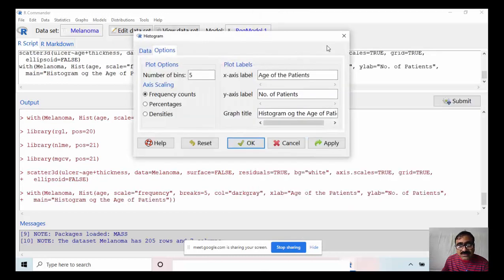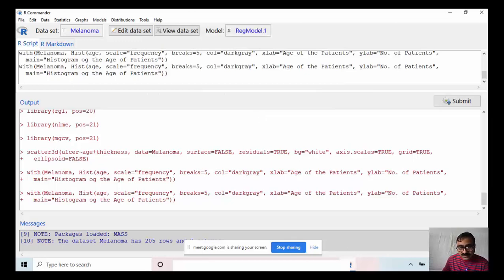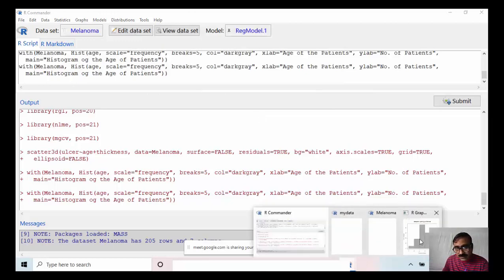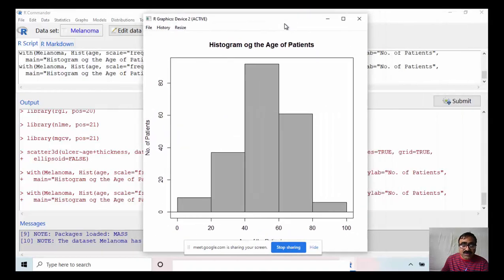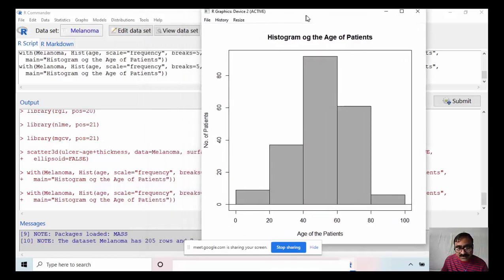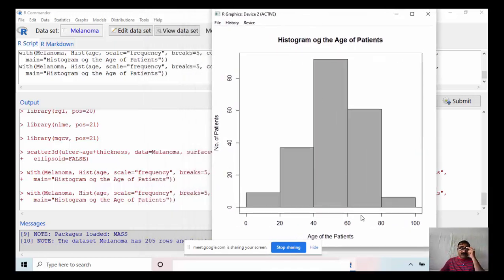Apply. Okay. See here, it will be a histogram of age of the patients. This is number of patients, and here the age of the patients.